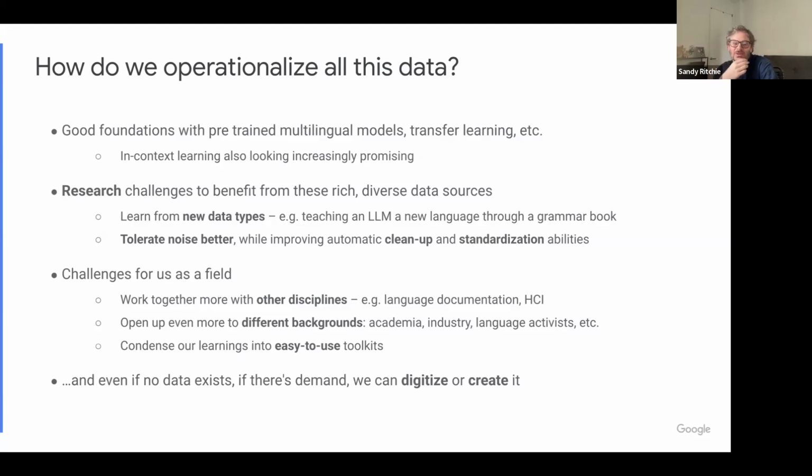I think also, bringing more people into this area, like I said, people from academia, people from industry, also language activists, non-profits, that kind of thing, getting all these people who are interested in doing something to improve the situation for a language, and aligning them on the fact that I don't necessarily think technology is the solution to some of the problems that many communities face, but it can help in certain ways to ease the translation barrier, for example, or the technology barrier.